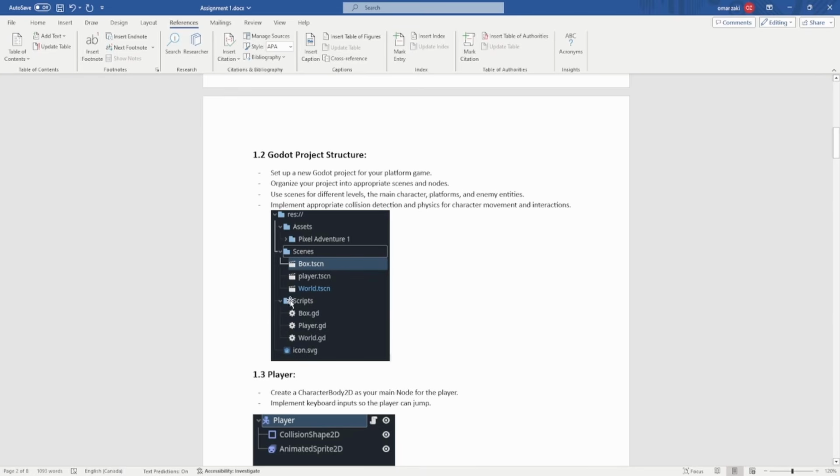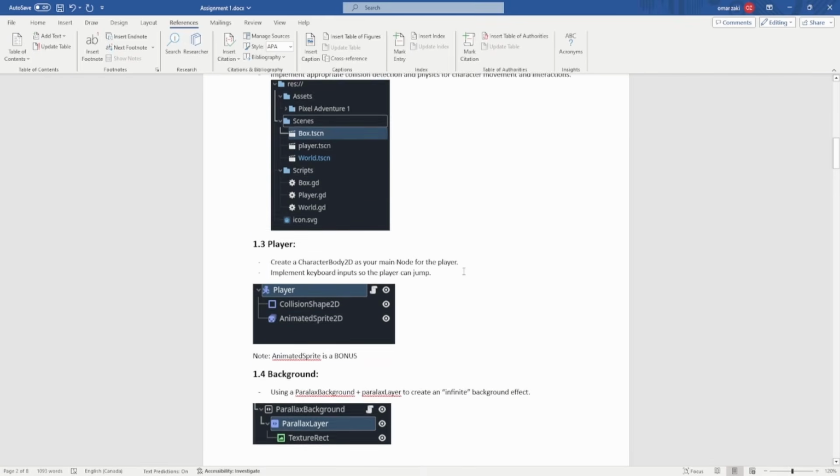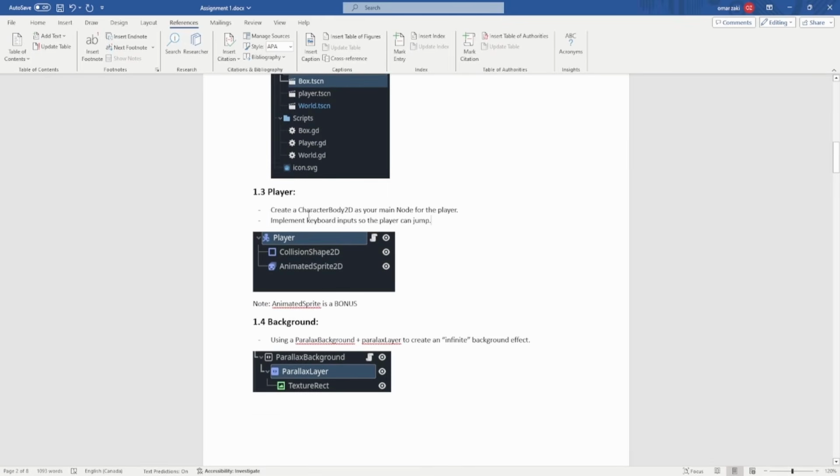Well, I guess I would put it in this one, right? But yeah, in this game, there are not that many. There's like 3 nodes and 3 scripts, right? Assets, not that many. But it's a good habit to get into, organizing your project properly. Now for the player, I explain what it should contain and what it should have